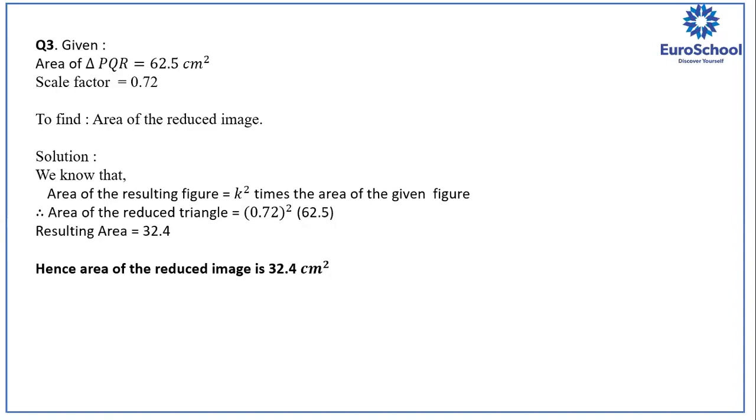Now, again, you need to find scale factor. How will you do it? Okay, before you tell me how, just tell me one thing. What will be the value of a scale factor? Will it be greater than 1, less than 1, or equals to 1? Less than 1. Perfect. Because whenever it's a reduction, the scale factor is always less than 1. These are important things that you need to remember every time. Now, after that, you need to find the length of the other sides of triangle A dash, B dash, C dash.